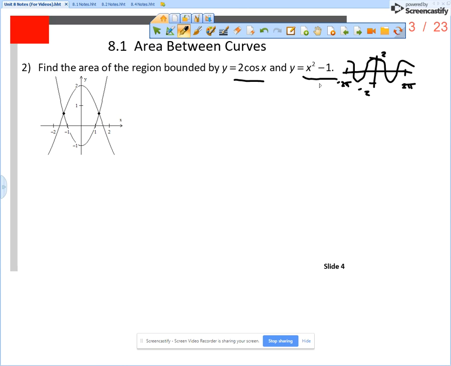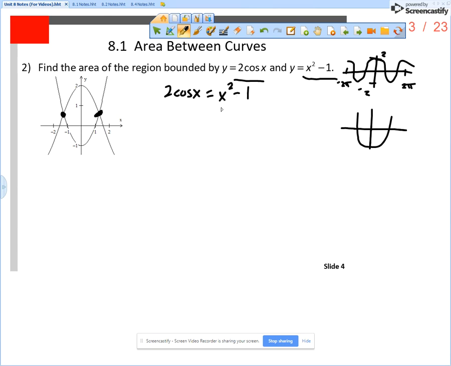Now, y equals x squared minus 1, you know that, just a parabola shifted down 1, like that. So now I guess you'd have to say, okay, I know that these two would meet somewhere here and here, but not exactly. But you could still determine that cosine would be above this one wherever they are. Now, the problem is that you don't really know these points of intersection, because if I think, okay, when does 2 cosine x